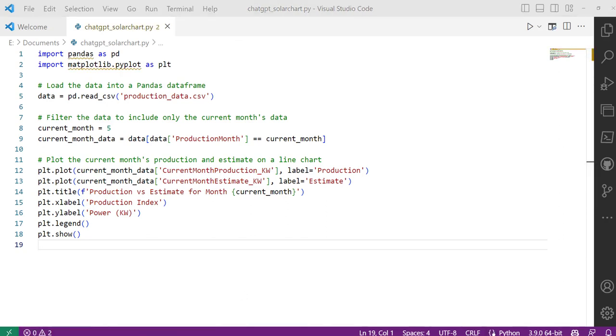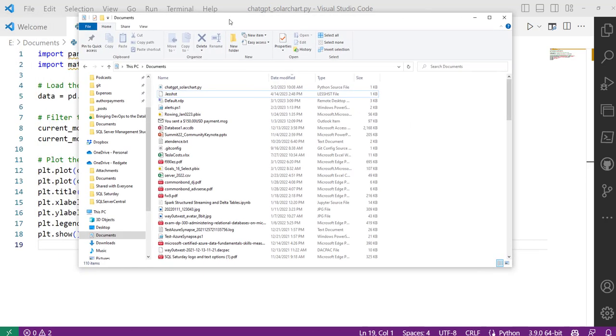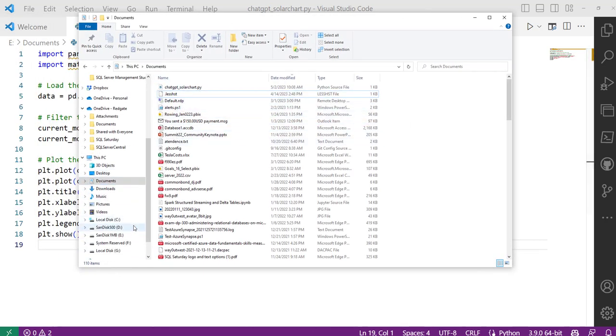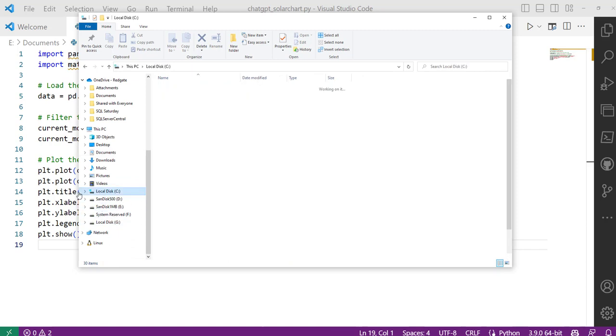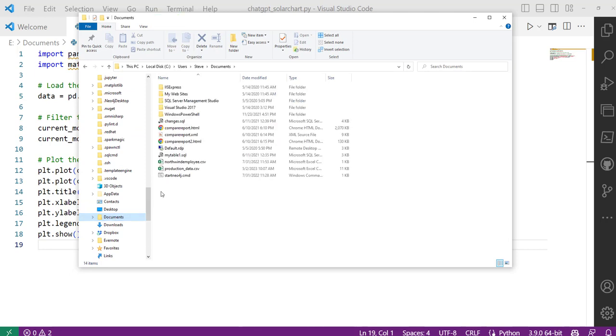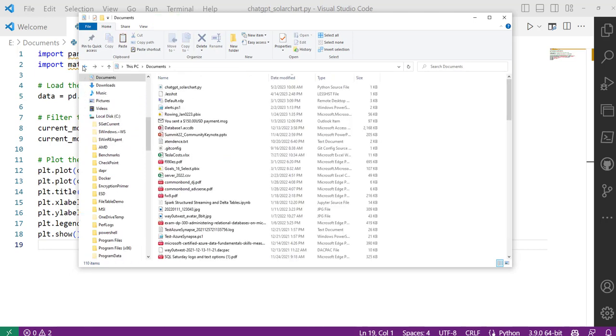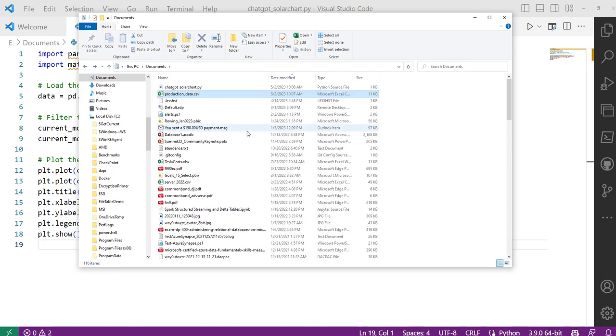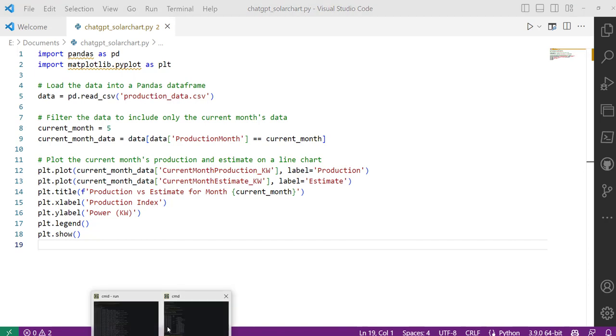So in my documents, I have that here. I think that went somewhere else. So let's see where that went. Steve. Documents. Yes, let's take that and let's put it back in here. Okay, so I've got production data in that. And now,